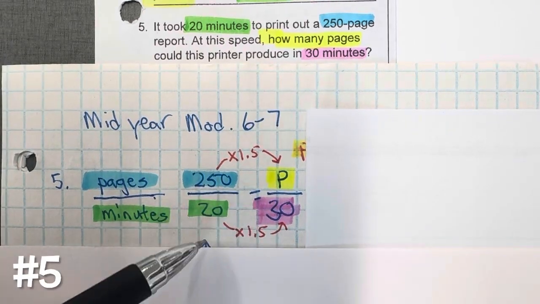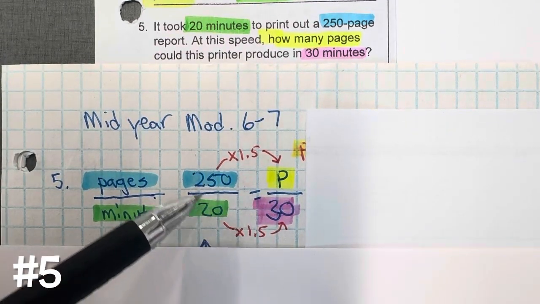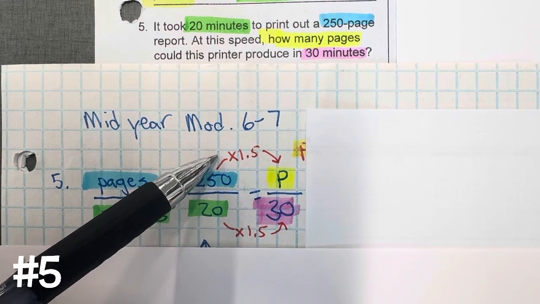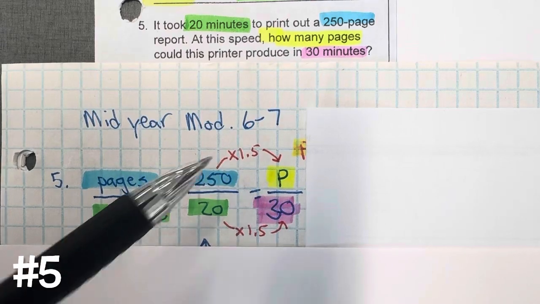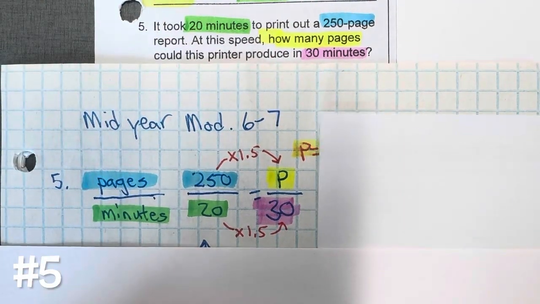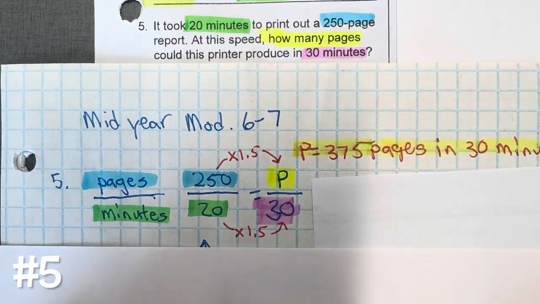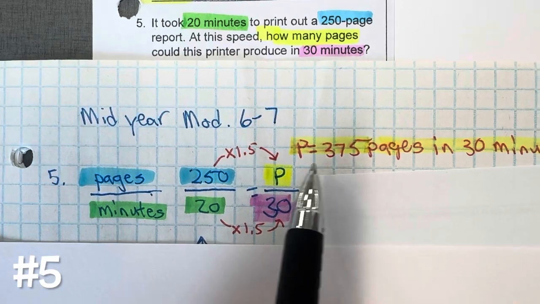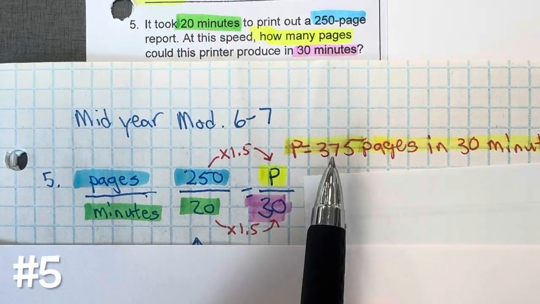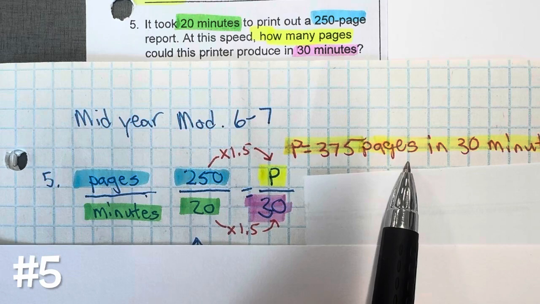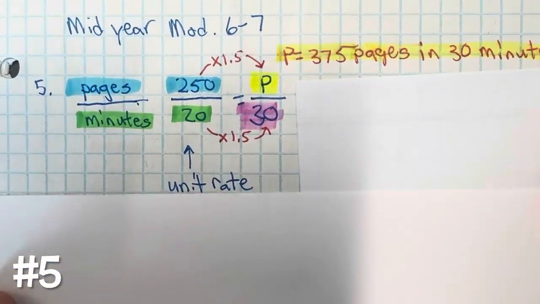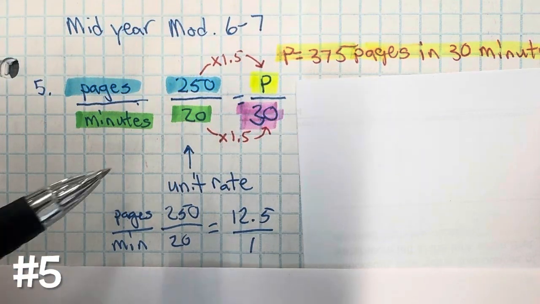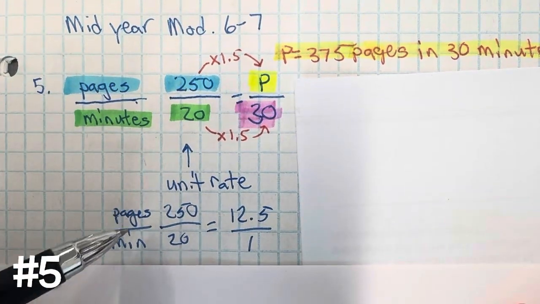So if I multiply the number of minutes by 1.5, the number of pages will also be multiplied by 1.5. So 250 multiplied by 1.5, and that gives us 375. So it would produce 375 pages in 30 minutes. The other way of doing it is to find the unit rate. And so we find out how many pages